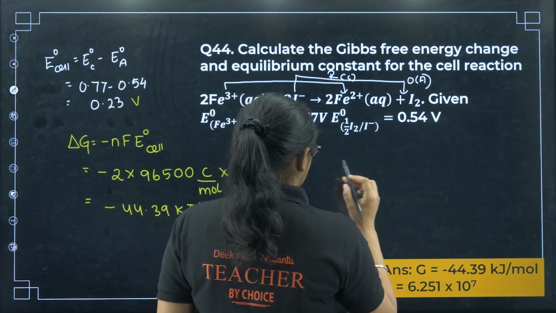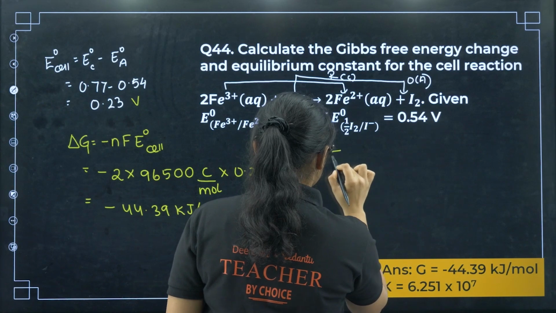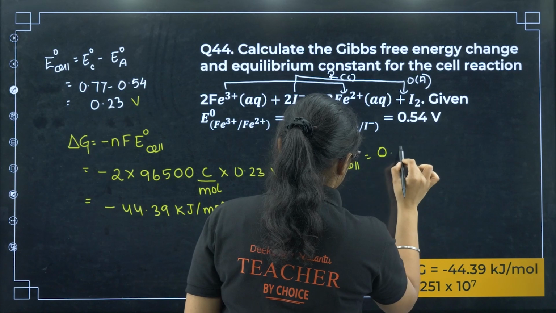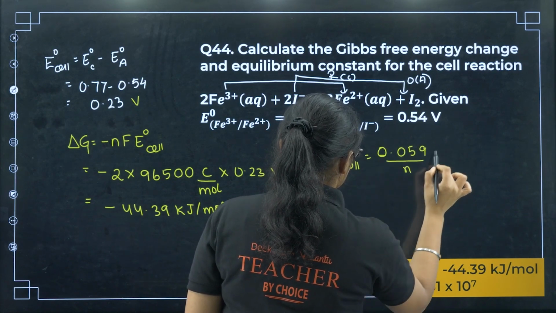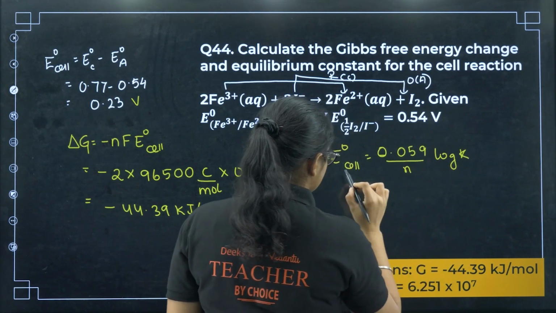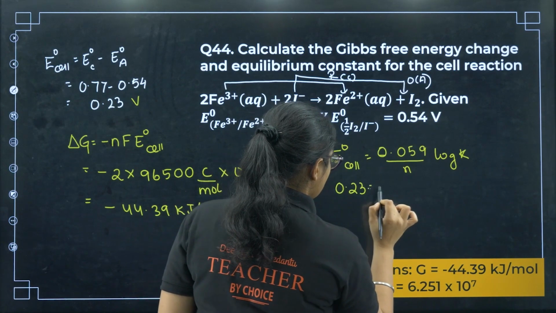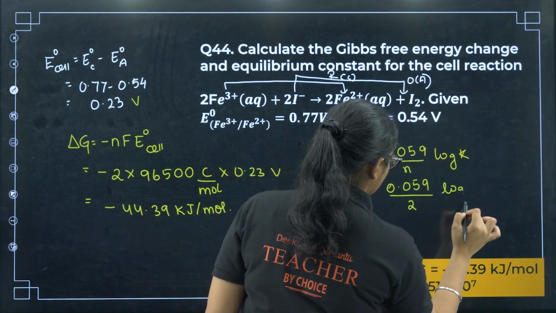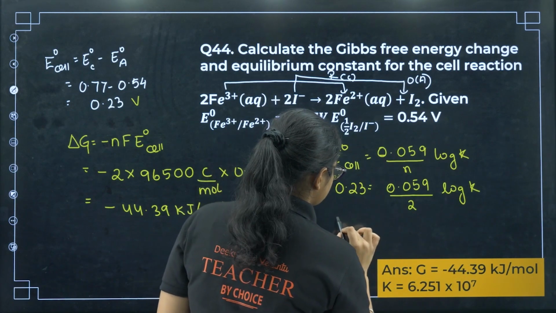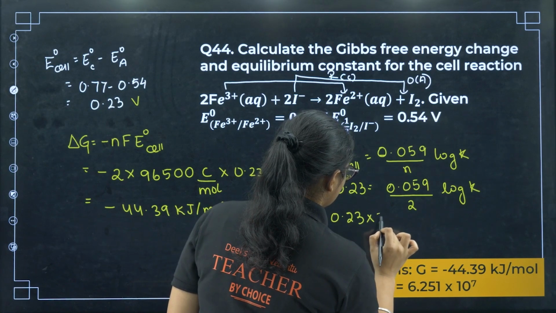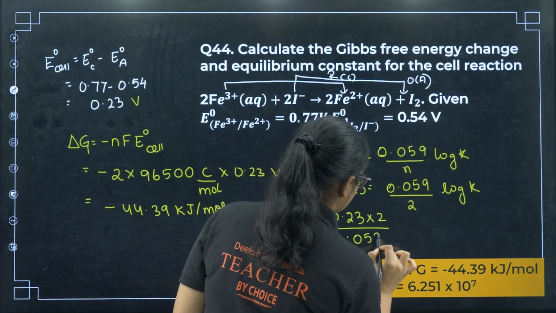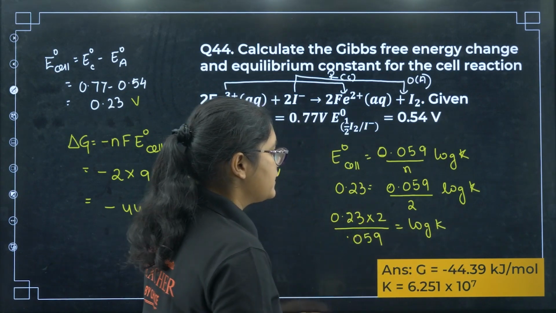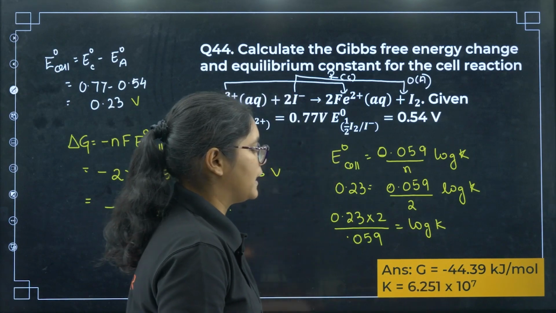Next, if I want to calculate the K value, we have this formula: E naught of the cell is equal to 0.059 by n log of K, right? Let me substitute here. This is 0.23, here I have 0.059, n is 2, and I have log of K. So if I solve this, I'll get 0.23 into 2 by 0.059 is equal to log K. Now after solving this and taking anti-log, you will get the K value as 6.251 into 10 to the power of